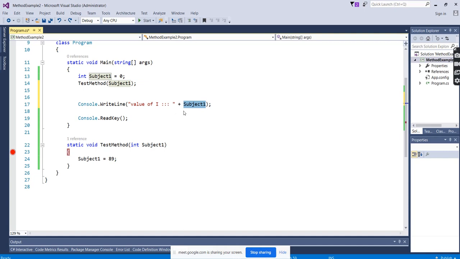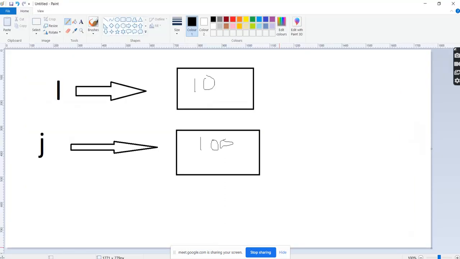In that scenario, we have to go for the reference. Ref is a keyword. What will ref do? It will point to the same memory location. Operations on the variable will reflect the values to the other variables also. Previously it was not sharing a common memory location. You can see here what it is doing. The memory location is different. The copy for subject 1 i, it is making different. For subject 2, different.